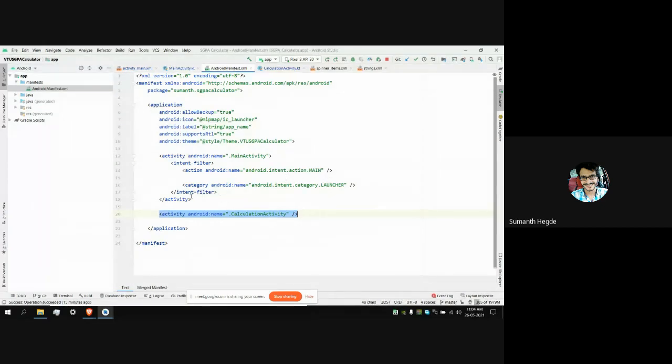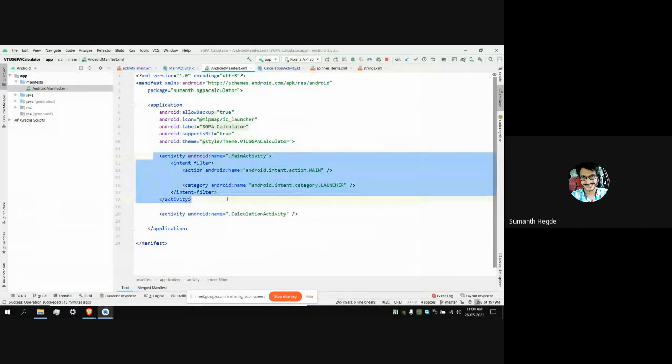Here you can see this application has two activities. One is the main activity, and another one is the calculation activity. Main activity is the home screen for our app, and it's associated with the launcher. Then we have another activity called calculation activity, which is for the calculation screen.